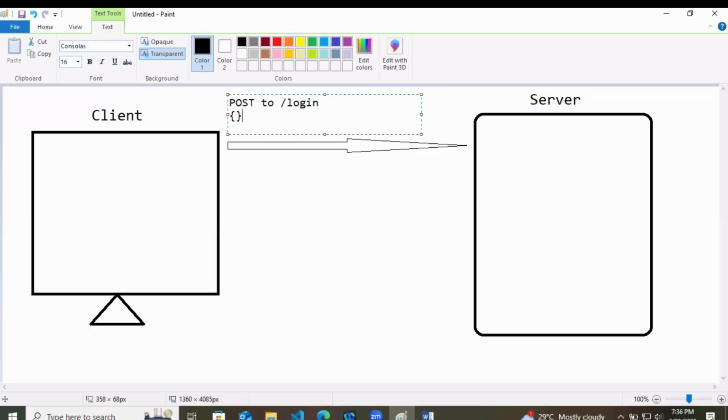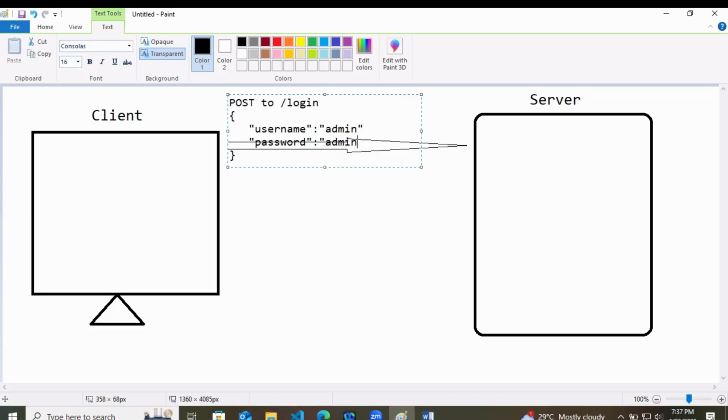And what is the user posting? Two things: my username is admin and my password is also admin.